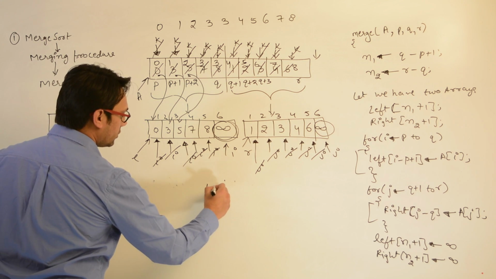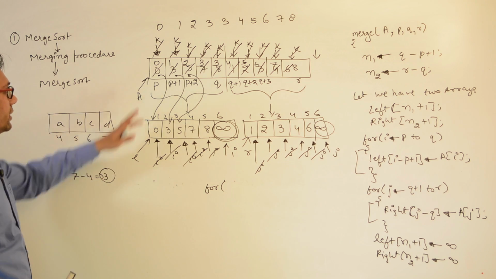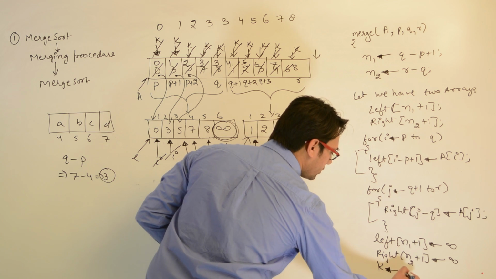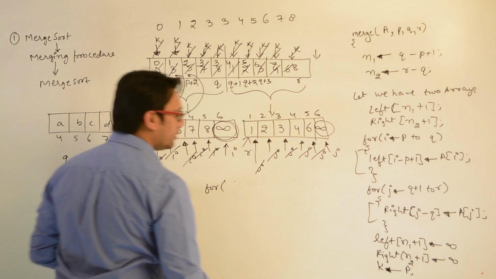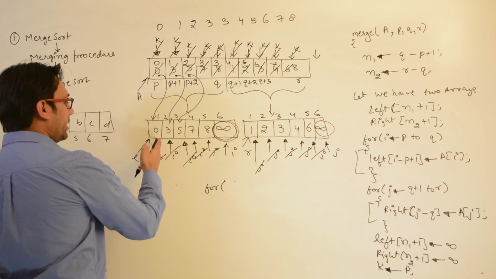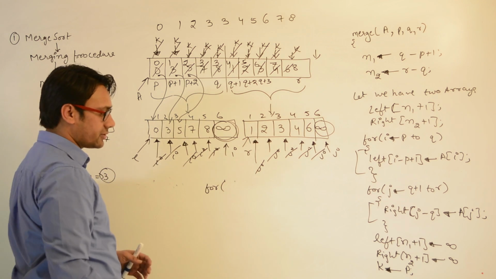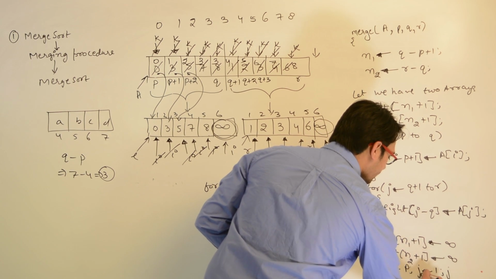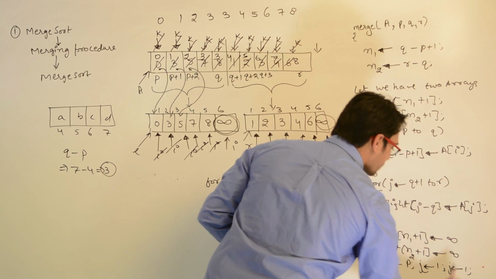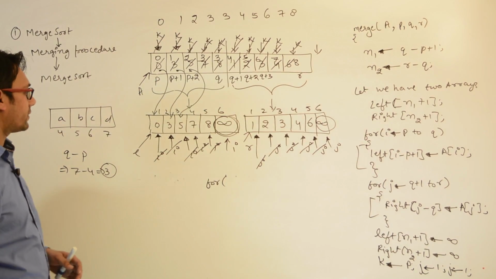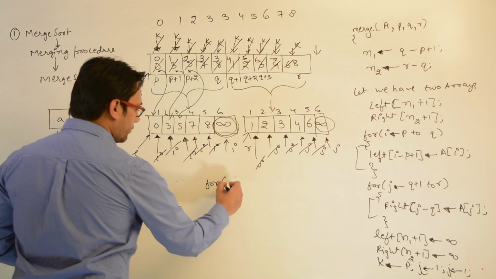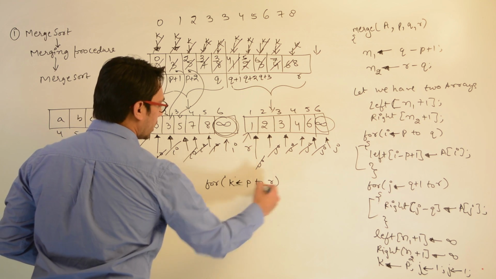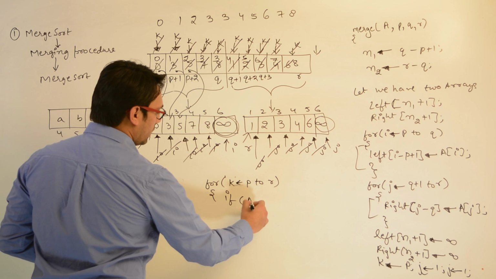Now, we want to copy this data into the original array. For this purpose, we are going to use the pointer k. So, we have a pointer k, which is storing the index location p, right? And then we have to make I point to the index location 1 and j point to the index location 1. Therefore, I is equal to 1 and j is equal to 1. So, I and j both start pointing to the index location 1. Now, in the original array, for k is equal to p to r, if a of k,